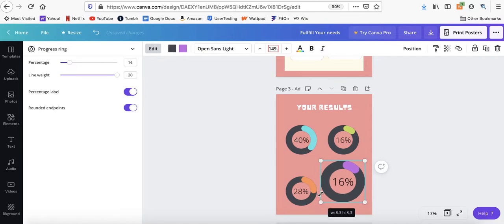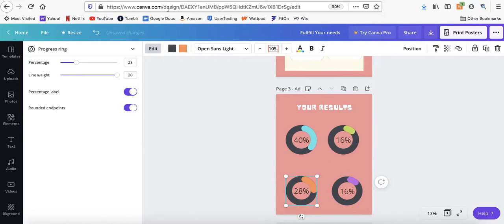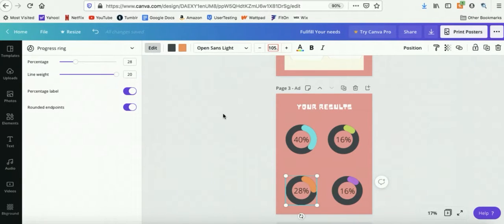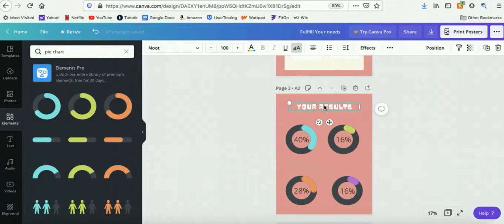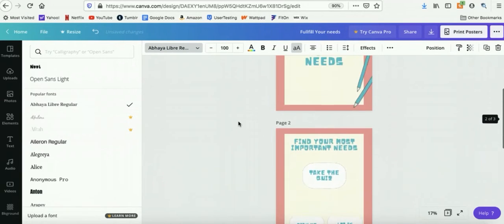Put this one down here, and then maybe we would add some type of label. I'm going to change the font, but I honestly like that better for all of this.